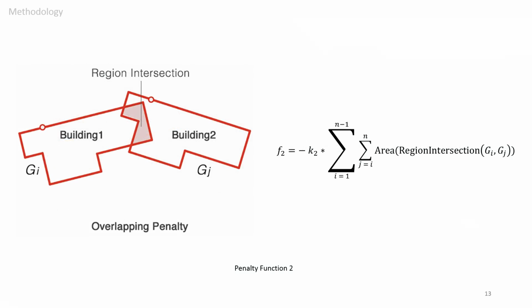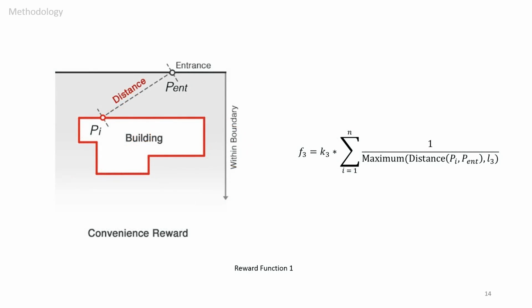Also, when 2 buildings have an overlapping area, it doesn't make sense. Thus, another penalty function is overlapping penalty, which adds a minus point based on the overlapping areas to avoid the collision of geometries. In the two formulas, K1 and K2 are factors that adjust the order of magnitude. In addition to the penalty function,